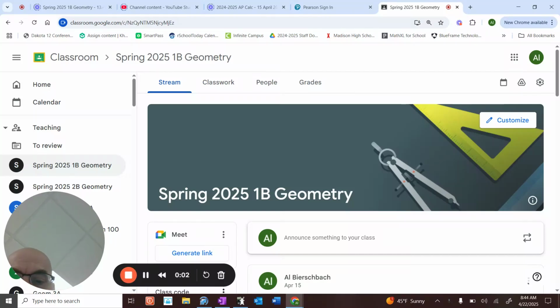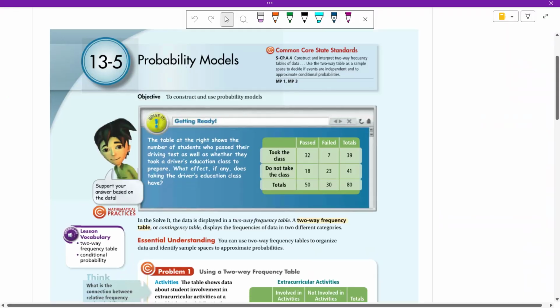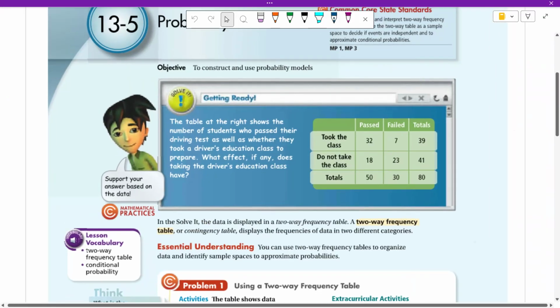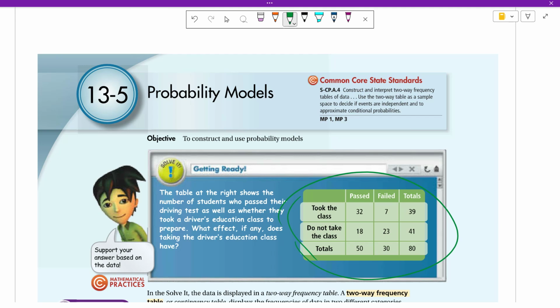It is about probability models. Basically, it's two-way frequency tables. And you got to be careful with these so you know what you're doing when. Okay? Because if you look at this frequency table right here, you could